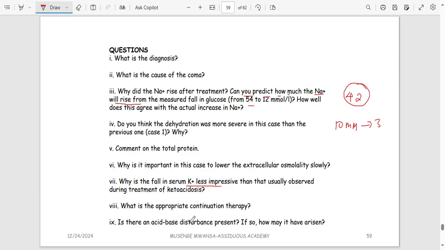Is there an acid-base disturbance present? If so, how may it have arisen? So in this condition, this is HONK. Of course, you expect there to be metabolic acidosis because of some renal impairment. You see, when we are treating, the urea improved, the creatinine improved. That is telling us that there was some form of renal impairment or lactic acidosis. So